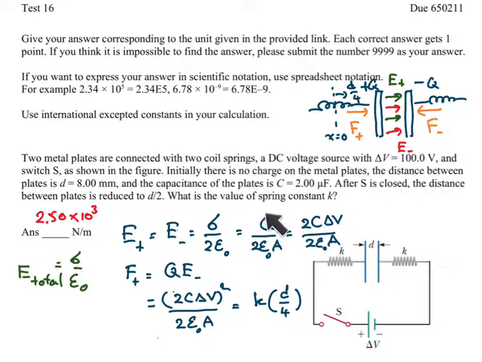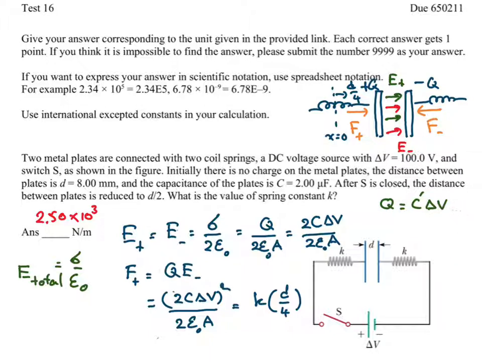And we can find Q from the definition of the capacitor. That is, we know that Q is equal to C delta V, right? But this C must be the capacitor at equilibrium. So if we assume that at equilibrium the capacitor is C prime, we have Q is equal to